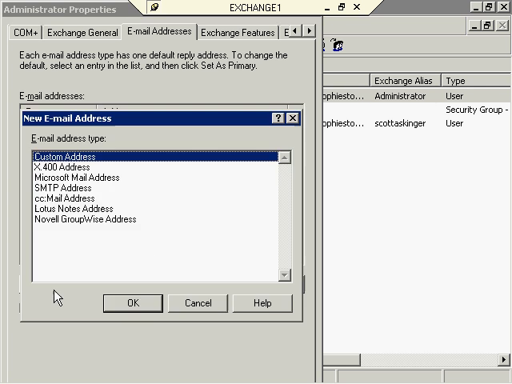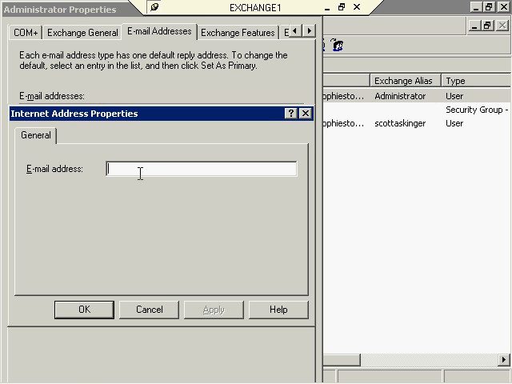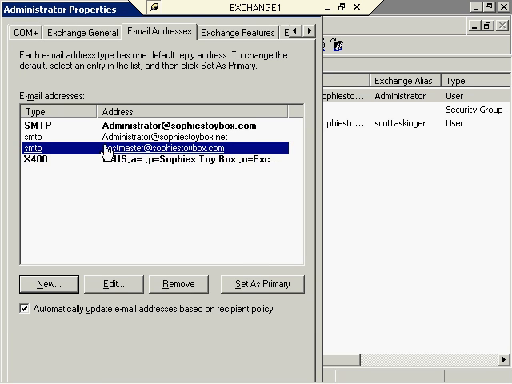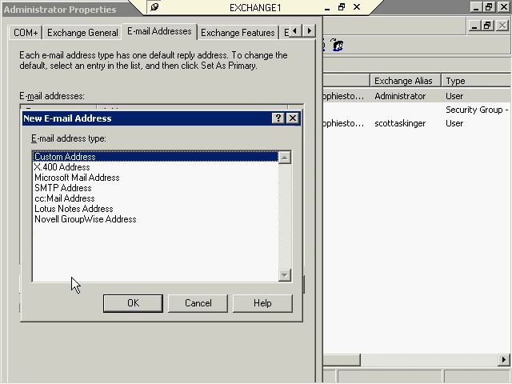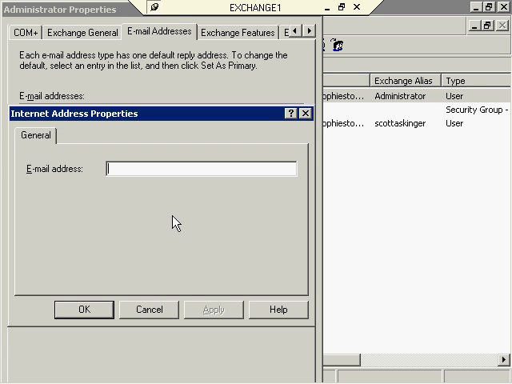What we're going to do though is click New SMTP address, and I'm going to make this person the postmaster at sophystoybox.com. Okay, click OK, and you see that it's now been added to this administrative mailbox. Now, if you're using this .NET one and you're getting a lot of email, you want to do the same thing here. So we'll go ahead and do that. Postmaster